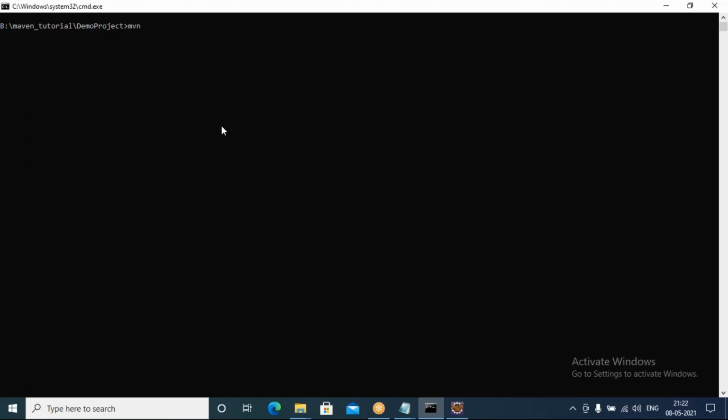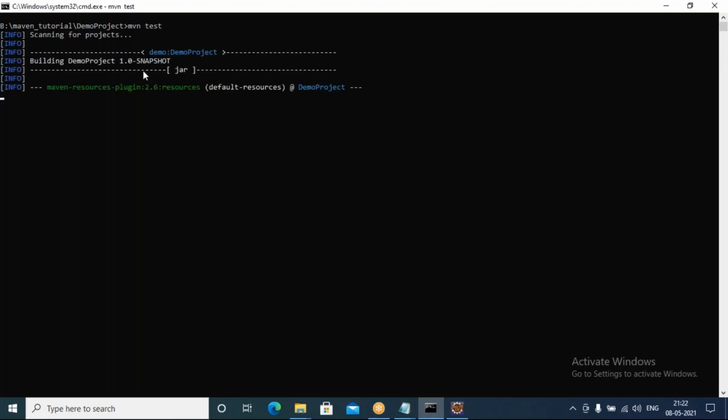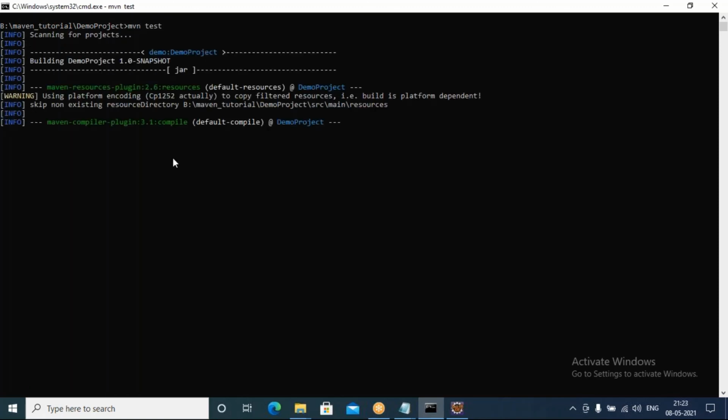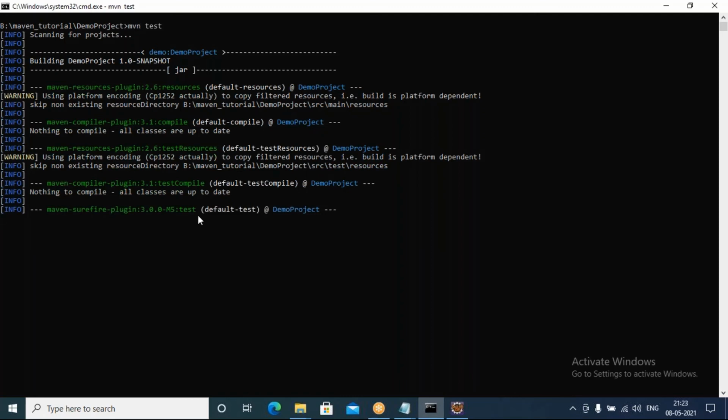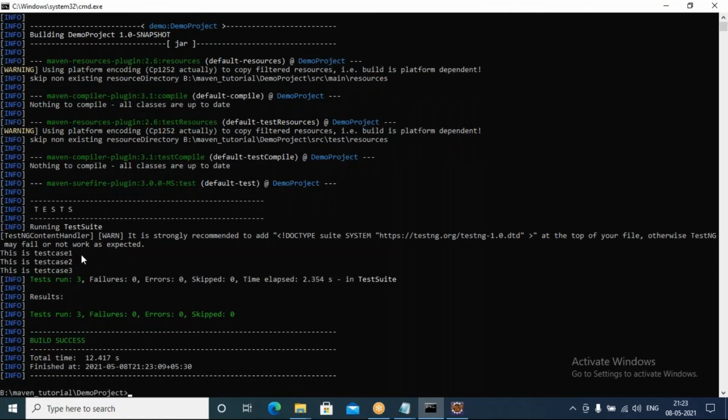So if I run mvn test, it's going to automatically trigger the testng.xml file. It will run as a TestNG test, something like TestNG suite. So all the tests defined inside the testng.xml file will be triggered now. Now observe here, it is running the TestNG suite, and you can see these are all the tests we configured.